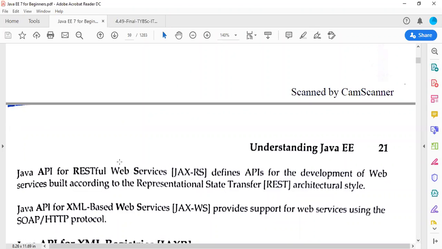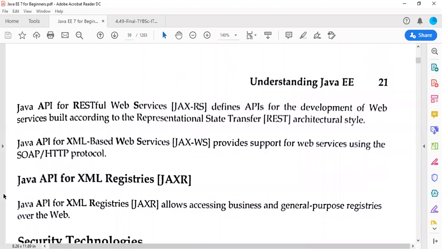Note down the REST full form, Representational State Transfer architecture style, and it also provides SOAP over HTTP, Simple Object Access Protocol. Then we have Java API for XML registries. XML plays a crucial role while developing a Java API.